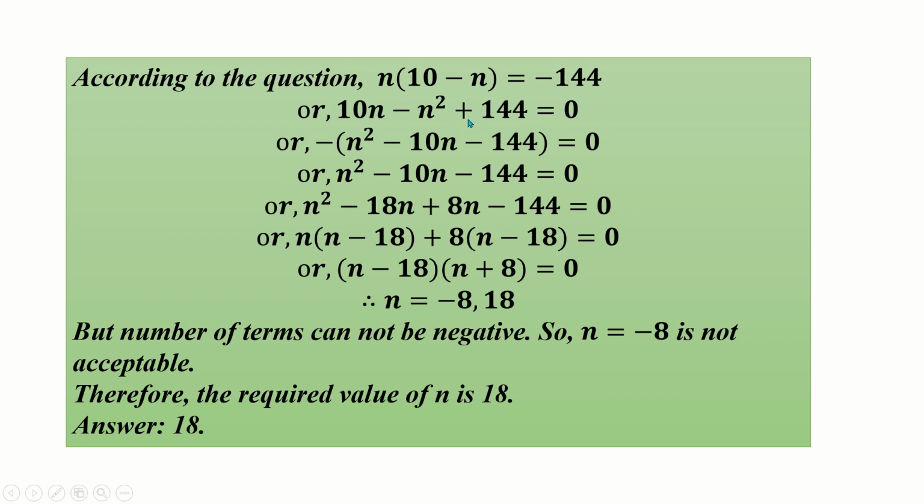This convert into left side, here will be plus 144, right side will be 0. Now we can take common minus, here will be n square minus 10n minus 144, this equal to 0. Now n square minus 10n minus 144, this equal to 0. Here middle factor minus 18n, here will be plus 8n minus 144, n common, n minus 18 plus 8 common, n minus 18 equal to 0, or n minus 18 into n plus 8, this equal to